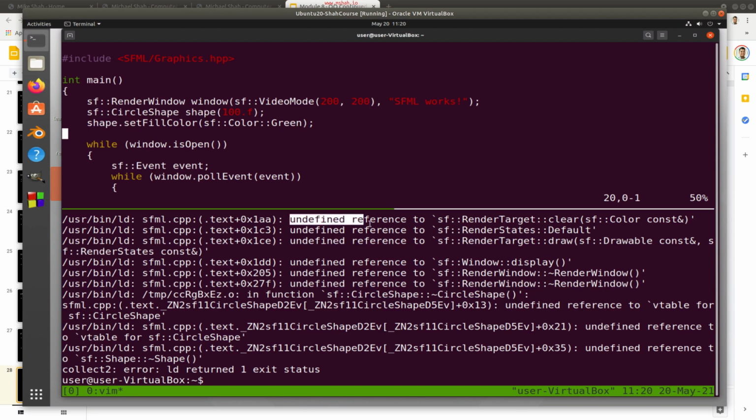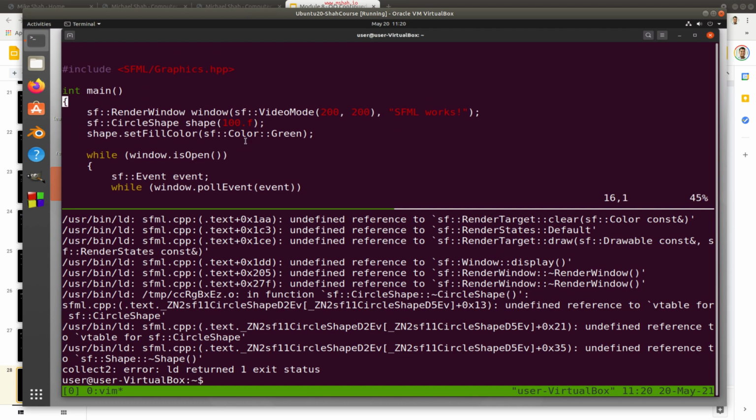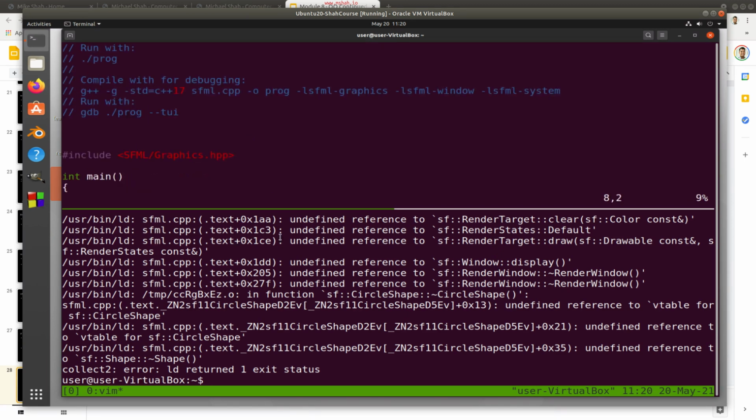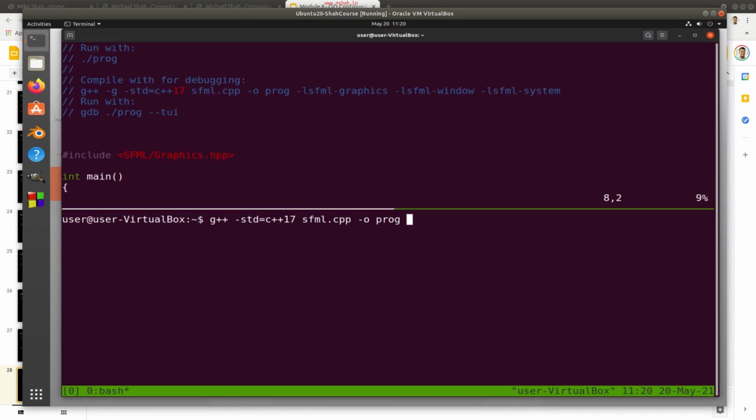But what's going on during the compilation phase is it's saying, hey, we didn't find all those things. Well, we actually have to link in the library, okay? So when we compile, we type -l, and you'll see the library. So -l means link, and then what follows with no spaces is the library name. Okay, so -lsfml-graphics, -lsfml-window, -lsfml-system. So this will bring in all the libraries that have already been created and provide the functionality that we